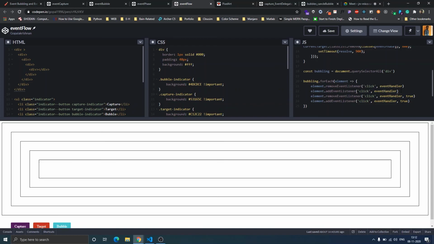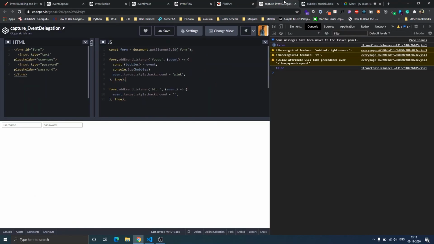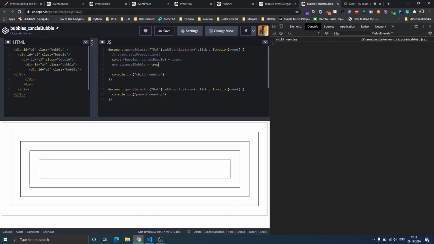This is very nice, Gopal. The way you have explained the events with the capture flag set to true and false is very nice. If you have missed this part, just go back to it. On line number 4, I think, see, he's canceling using the event instead of stop propagation. The way you have explored this is very nice, and I think the slides and all are awesome.